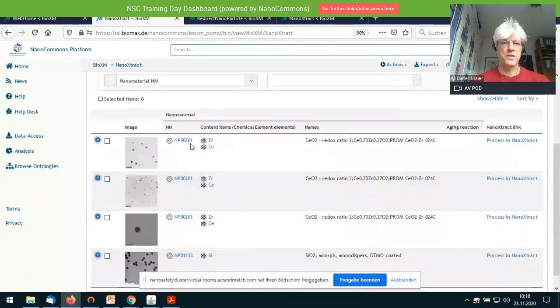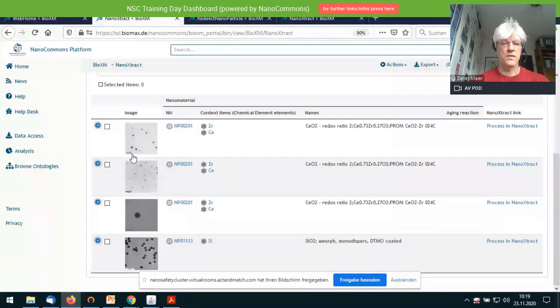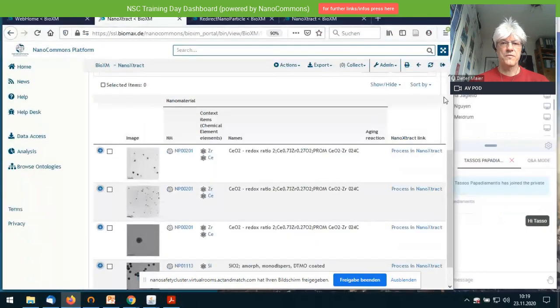You have the nanomaterial here, so you can again filter for your nanomaterial. You see your image that's uploaded, and then you have the ability to go to NanoXtract and process your image there. And one thing I can also show here, this is an adaptive design.